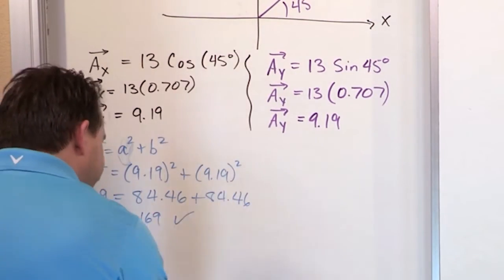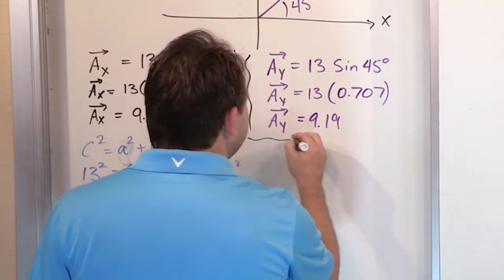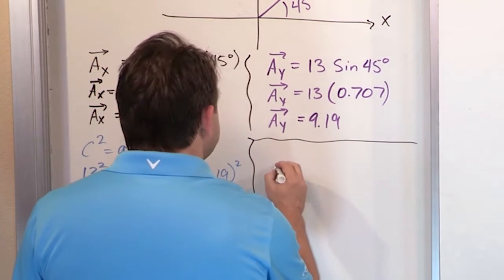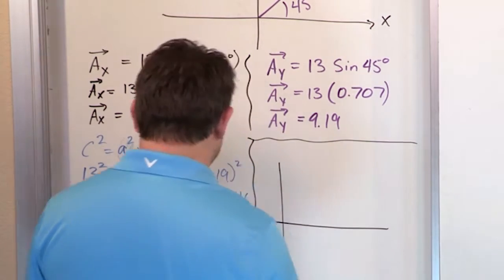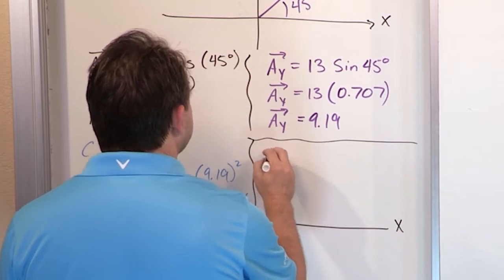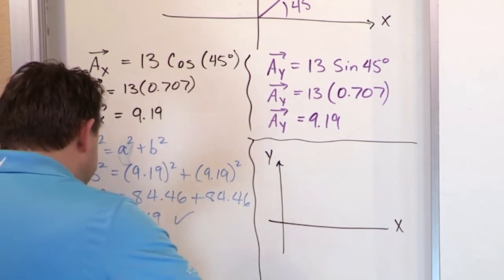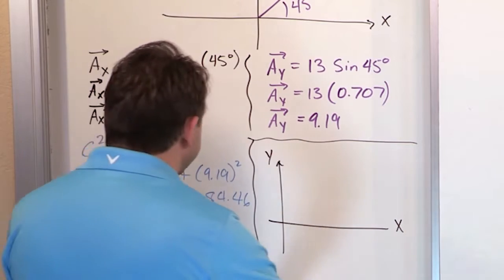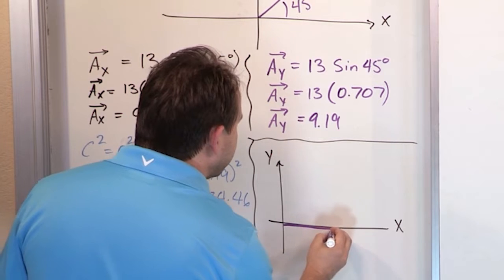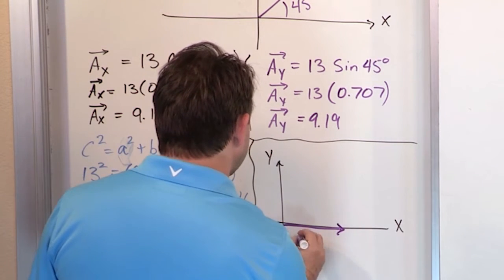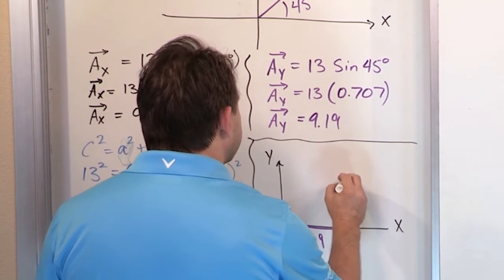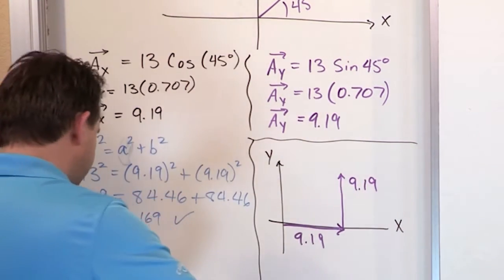And if you absolutely wanted to drill it home, which here in the beginning problems I want to do most of the time, you can then draw this triangle explicitly. You can say, what I'm saying is this is x and this is the y direction. If I walk along x, let's change to purple, if I walk along x for 9.19 units like this, 9.19 units to the right, and then I walk up the exact same amount, 9.19 units up,